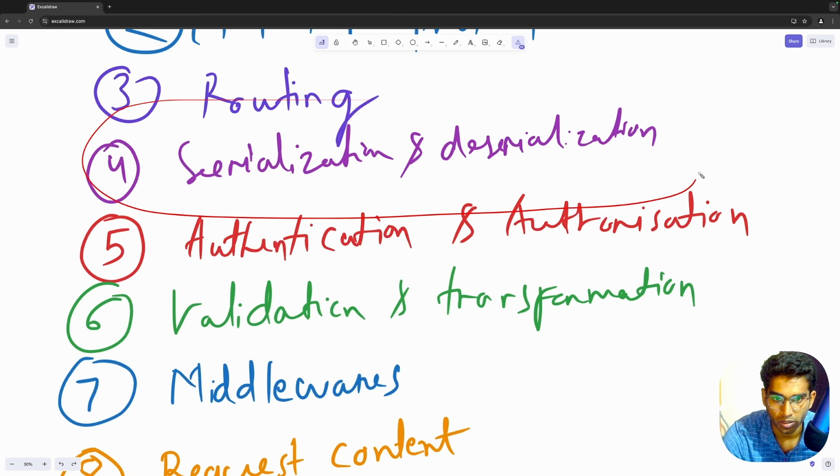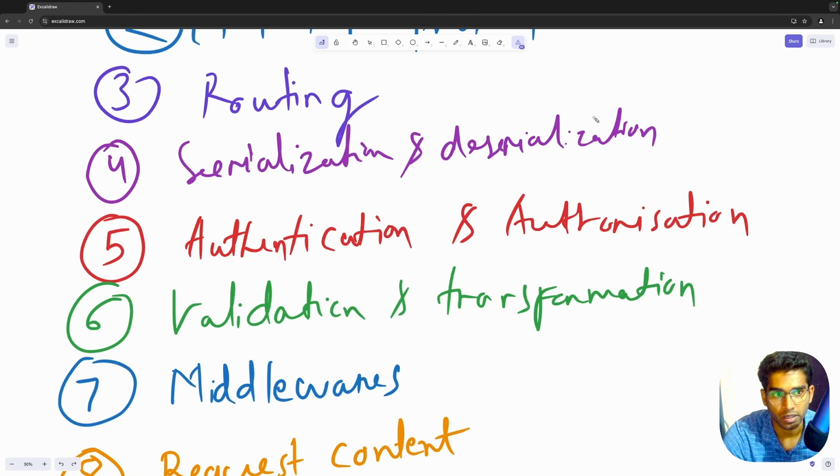Then we'll move on to serialization and deserialization. This basically means how, before sending it over the network, our server translates the data into a particular format, and after receiving the data from, let's say, a client over the internet, how it translates the data received to its own native format. That is called deserialization, and we will see what is the need of it and how it helps with the